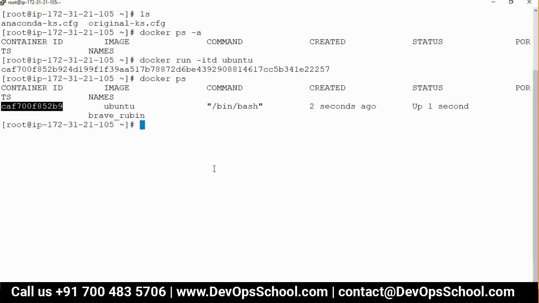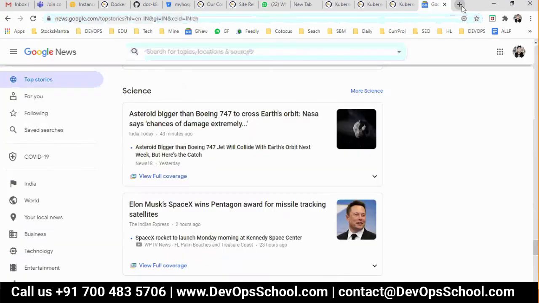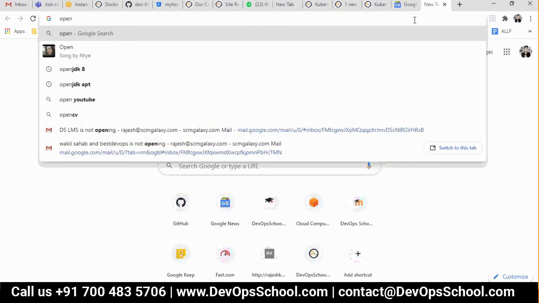So first I'll go inside the container, attach. Okay, I am inside the container. Is Java here? I can't see that Java is here. So I need to install Java. So how can you install Java? Now I'm going to install Java. So OpenJDK I'm going to install. OpenJDK,